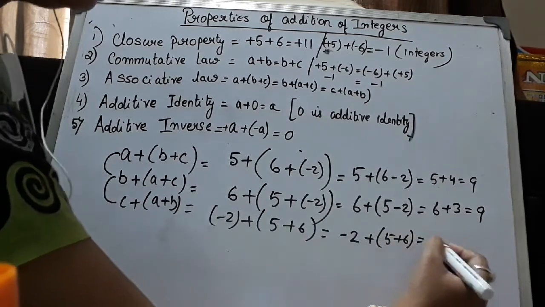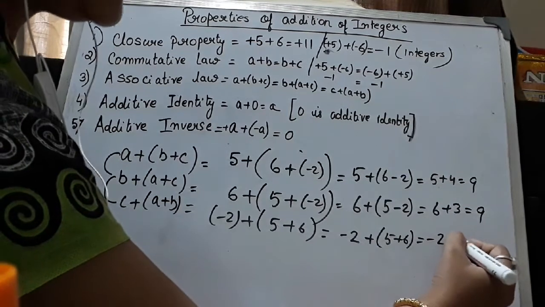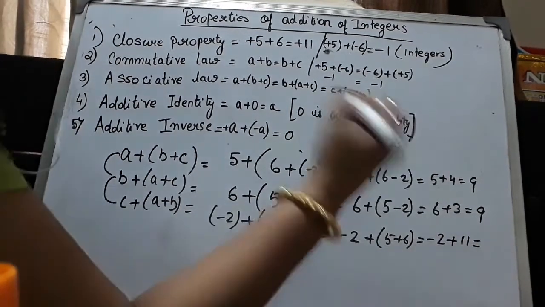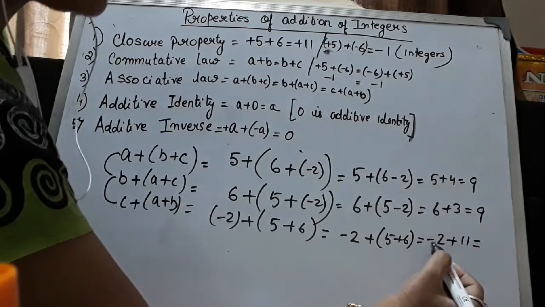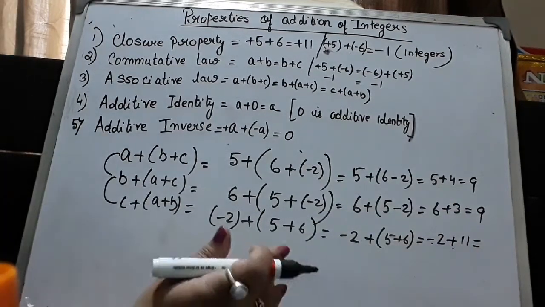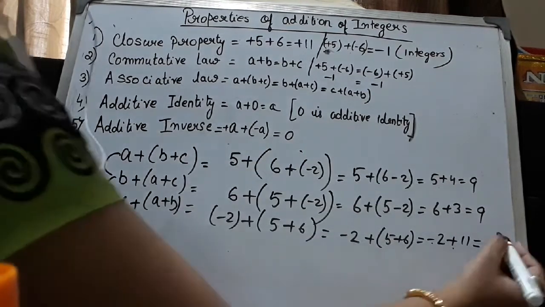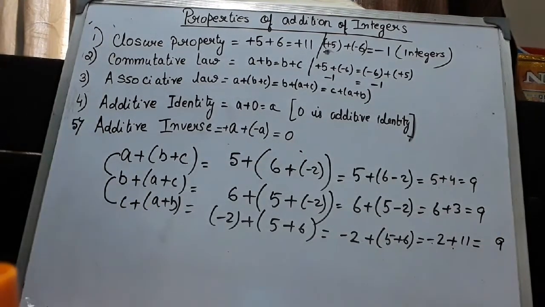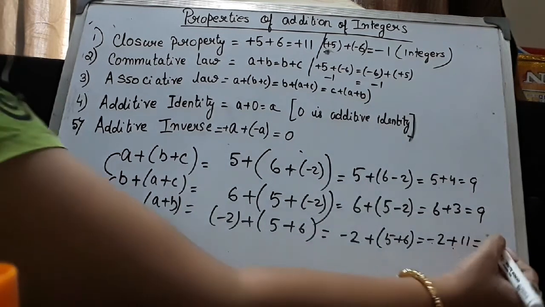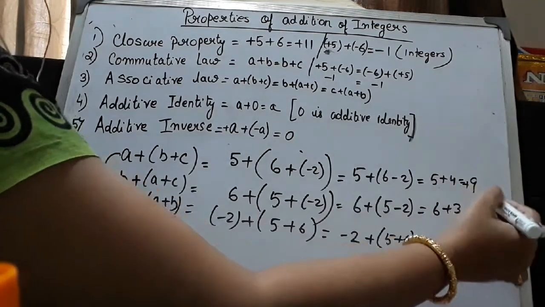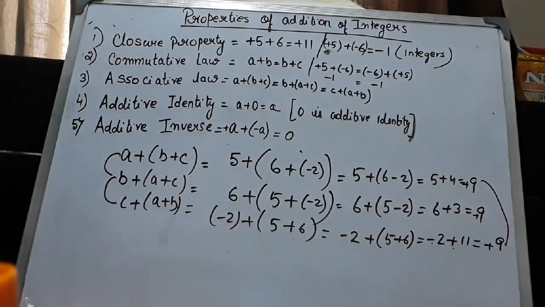You can do it directly. -2 plus 6, 11. What to do? You know, in my previous video you can check minus plus. Minus plus, you have to do subtraction. That is 11 minus 2, answer is 9, and you will put the sign of what? Greater number, and your greater number is what? 11. So sign will be of 11, that is plus sign. See, all the answers are same.